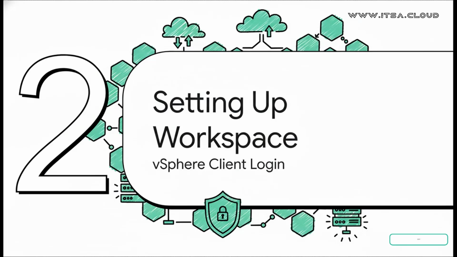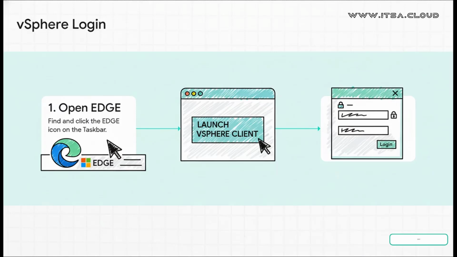We are so close. There's just one more door to unlock, and this one takes you right into the heart of the whole operation, the VMware vSphere client. Inside your virtual desktop, look down at the taskbar, and you'll spot the Edge icon just waiting for you. Go ahead and launch it. You should see a great big button that says Launch vSphere Client. That's the final step. Click it, put in your credentials one last time, and you are in.